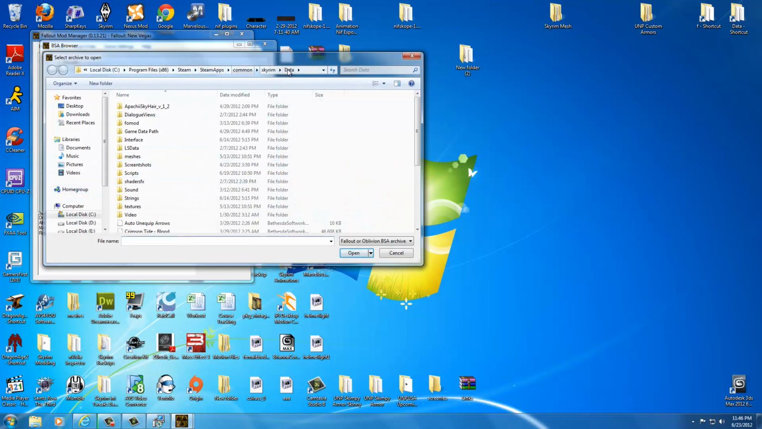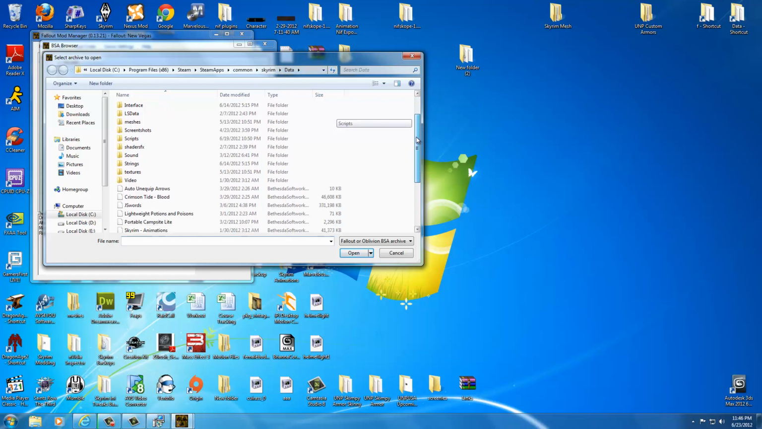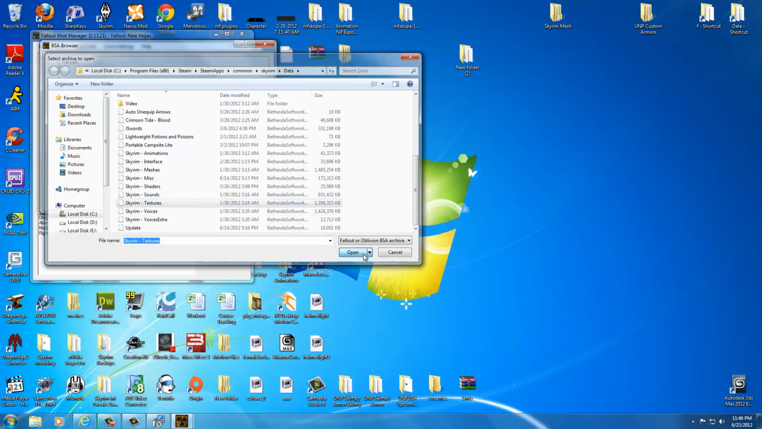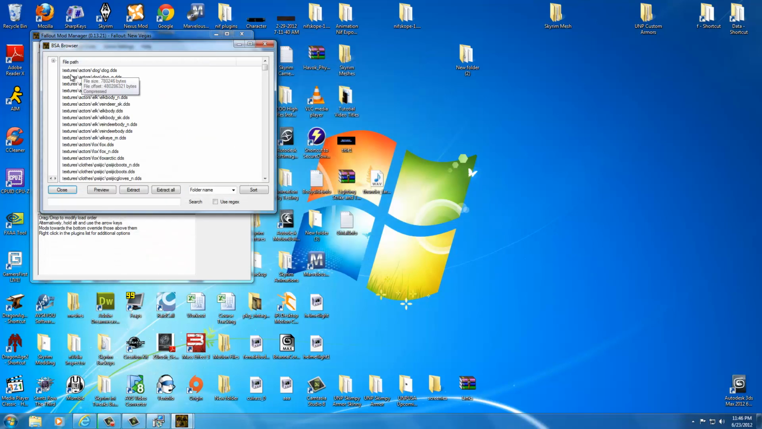You want to look, it should pull up your data directory. If not, you've got to browse to Program Files (x86), Steam, SteamApps, Common, Skyrim, Data. You should already be here. It's usually automatic. Scroll down and find Skyrim Textures. Okay, this is the folder you want. Select Open. As soon as this opens up, you're going to get this huge list already in its preset file